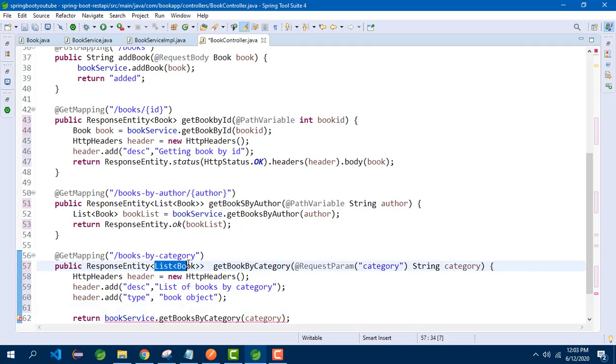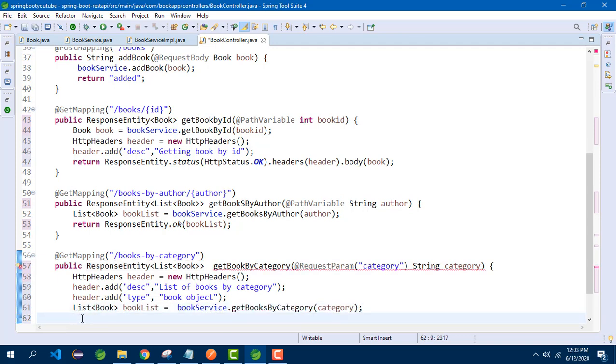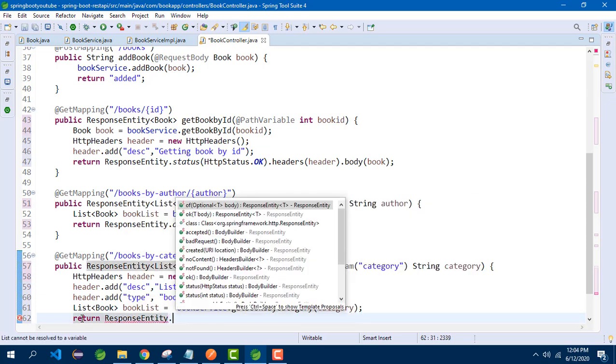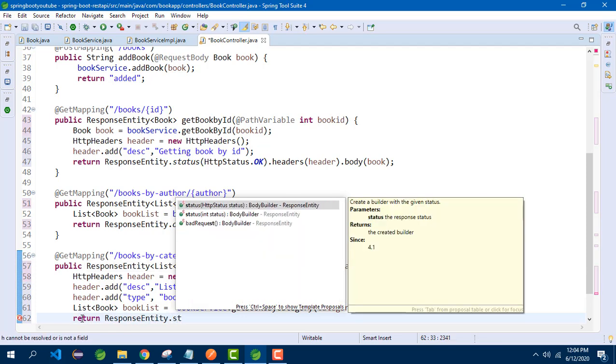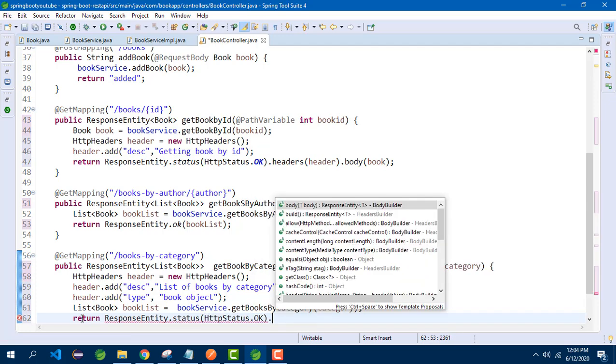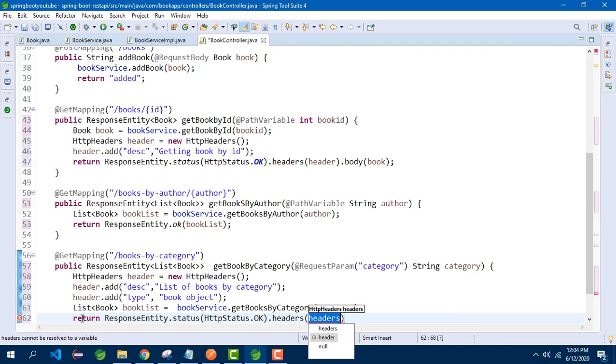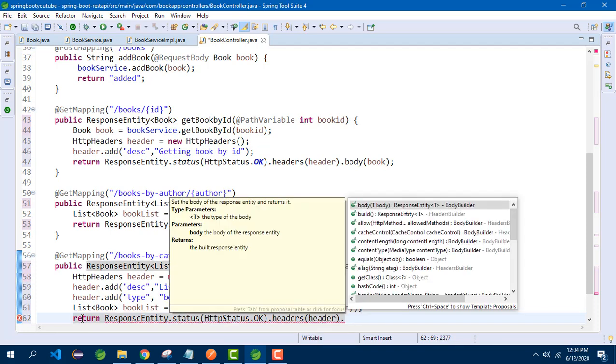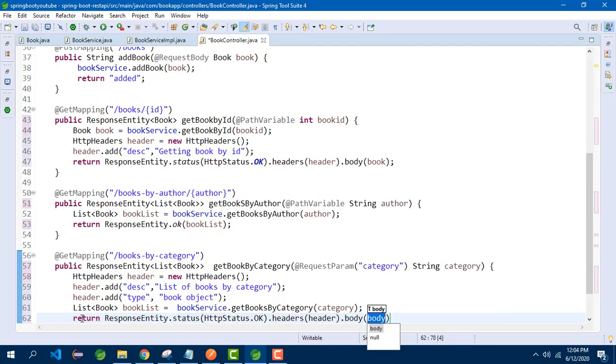Now we will have the return type of book service dot get books by category as list of books, and return response entity. We are using the static method, so it is dot status, HTTP status dot OK, dot headers, pass the header variable, dot body, pass the response body, which is book list.